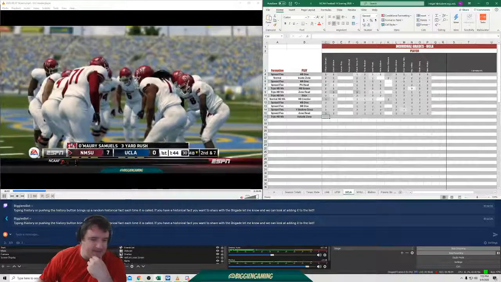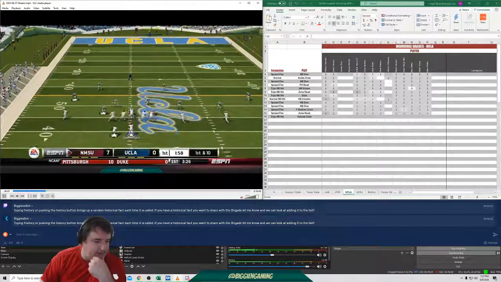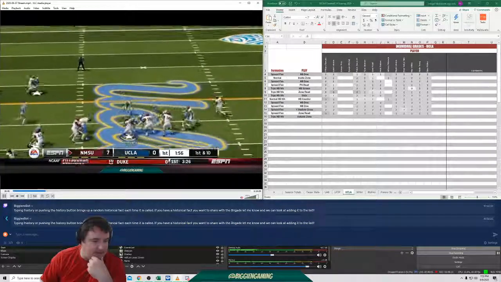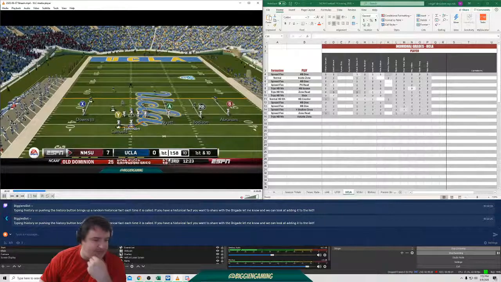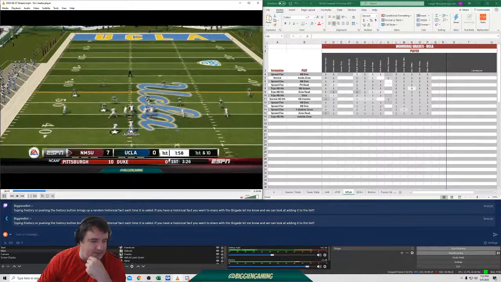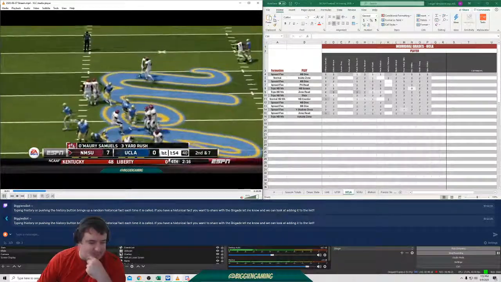Probably should have stayed a little bit further to the outside is what Mari should have done. Do we hook again? Technically do, but we don't get a great block by our outside receiver. If our outside receiver gets a block, we got a chance. So these two on these two, we just don't get the block.